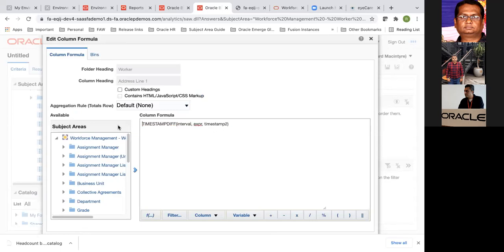So this is the formula that I'm doing. This is a default. The example has this: you could find the difference in terms of year, in terms of days, or in terms of months. I'm doing it by year. And I need to subtract the date of birth from the current date. So I'm saying age.